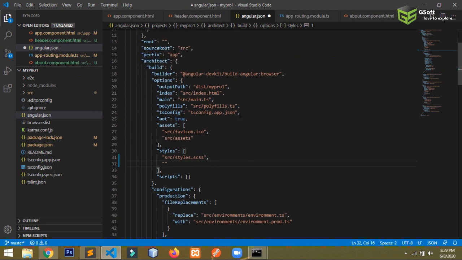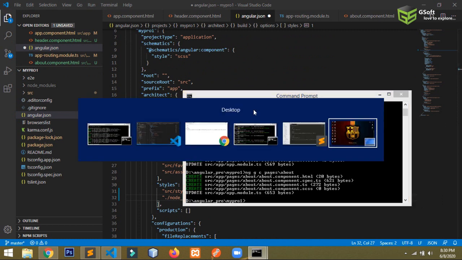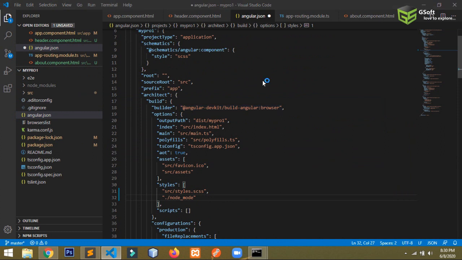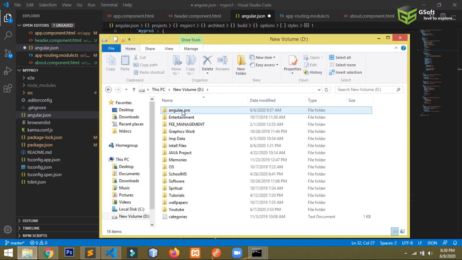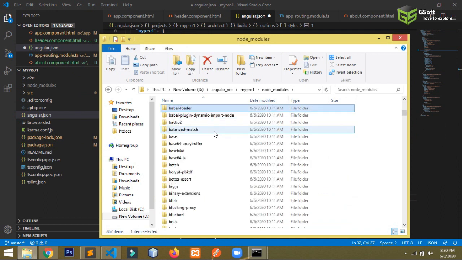So what I have to write here, I will have to write the path /node_modules. You can do one thing. You can just go to the path where you have kept the bootstrap file, and you can just copy the path from there, and bootstrap.